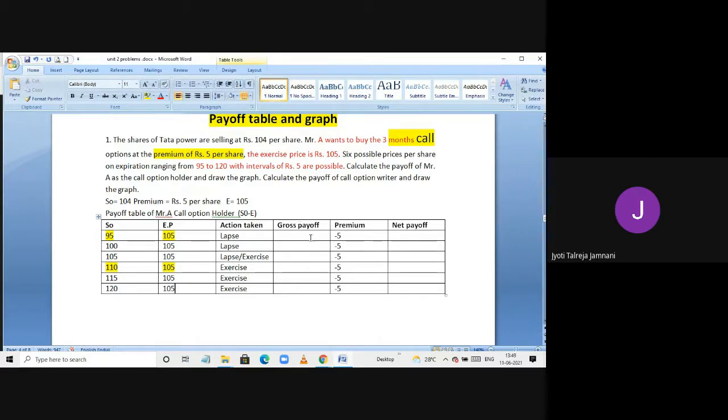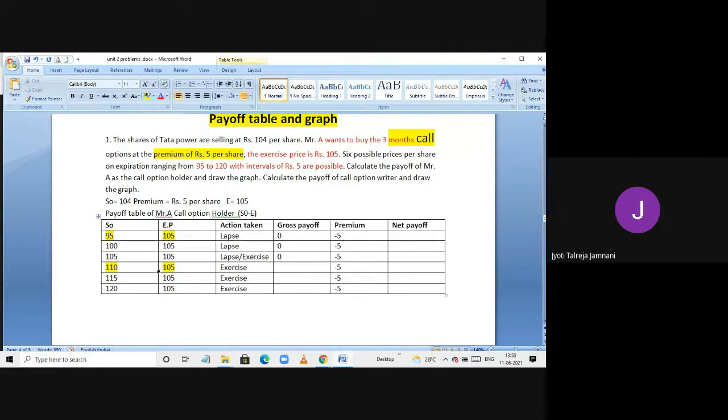Now when he is lapsing the option, the payoff is 0. Mr. A is not going to gain anything and he doesn't want loss. So he has lapsed the option. Lapse the option means he is not going to buy. Anyways, Mr. A has the right to decide whether he wants to buy or not. So he has decided, I don't want to buy the option for 105. When he doesn't buy, there is no loss. So 0 loss. Whenever the word lapse comes, the loss will be 0. No profit, no gain, because the option didn't get exercised. So for the first 3 cases, he is lapsing, so the gain is 0.